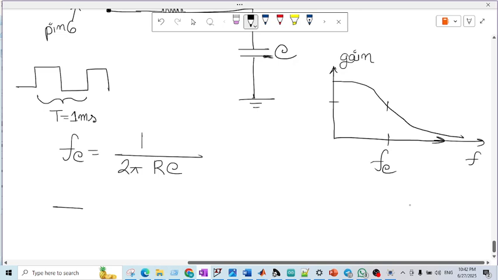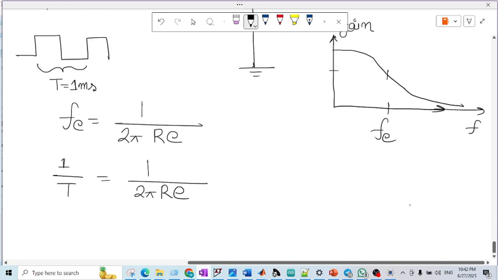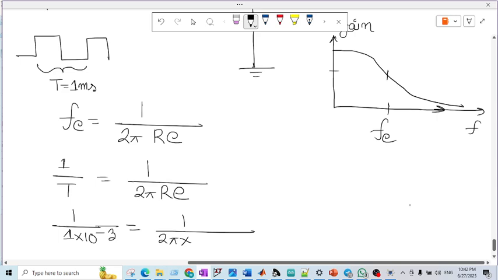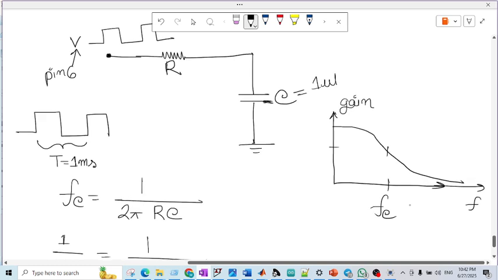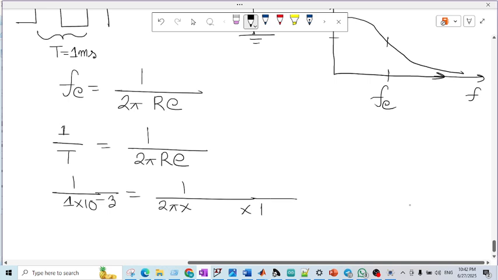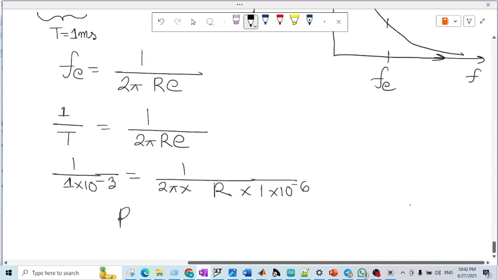So fc is 1 by T is equal to 1 by 2 pi RC, and T is equal to 1 millisecond. Let's say we choose a capacitor of 1 microfarad. Now we need to find the value of R, and if I calculate it, I will find the value of R is equal to around